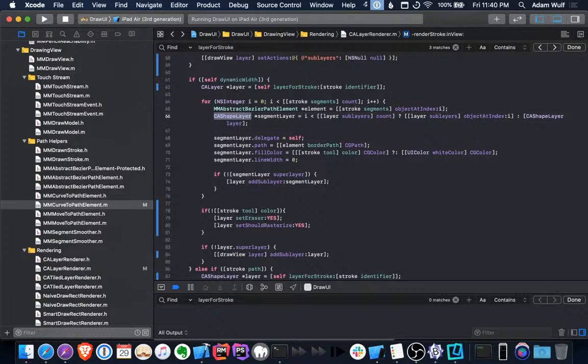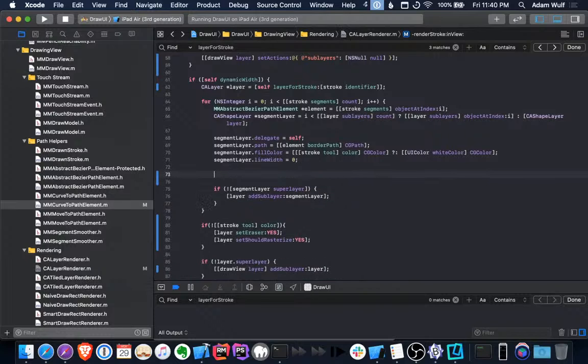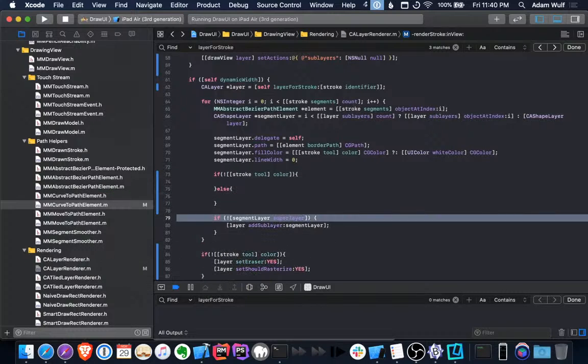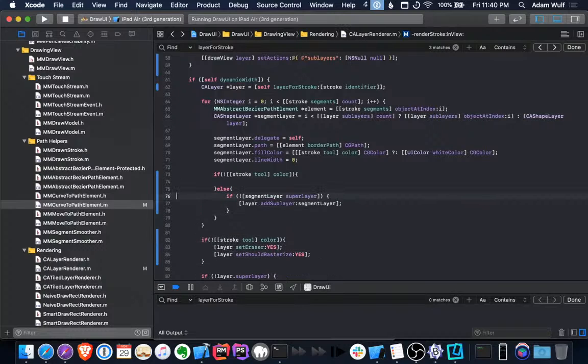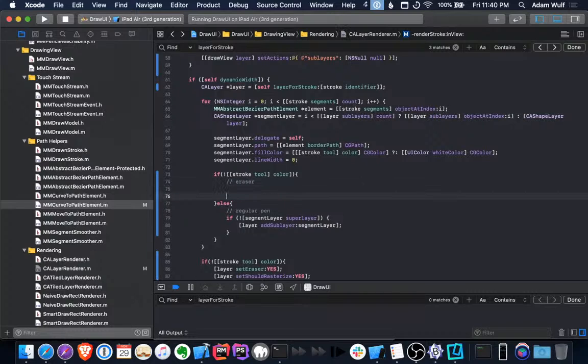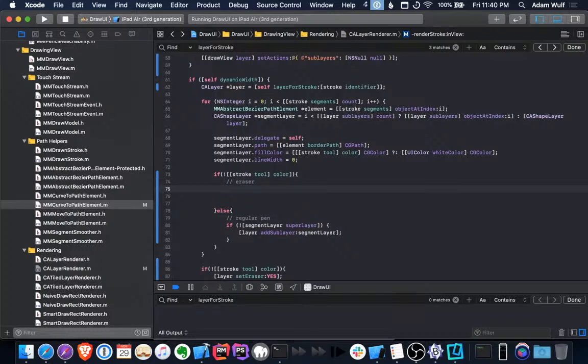So here is our shape. It is white. If this is a regular pen, and this is the eraser, right? Now what we're going to do